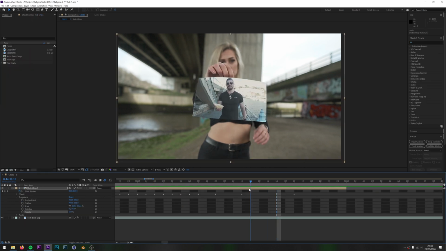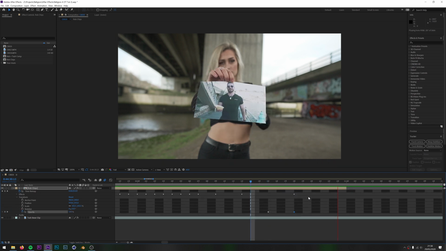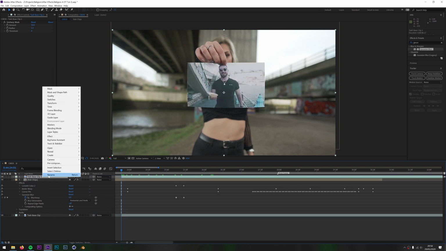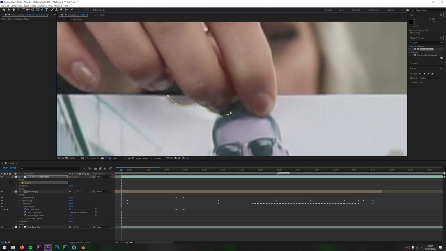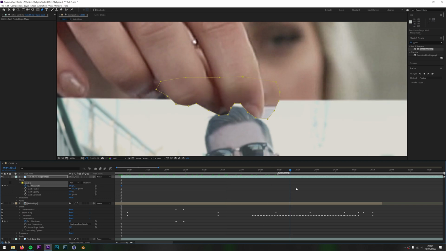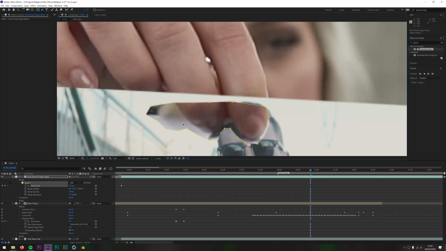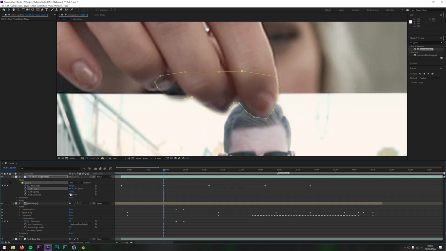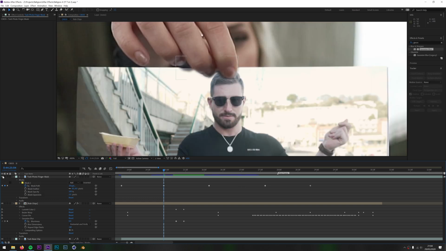Meh, get in there. Now go to just before she rips the photo up and add two opacity keyframes, drop in the opacity. Duplicate the bottom layer, drag it to the top and then rename it. Then go to the pen tool and add a mask around her fingers. Then add some keyframes, move down the timeline and then animate this mask so that it tracks to her fingers. Then add a feather to help hide your terrible masking skills. Flick the layer on and off to check out your hard work.